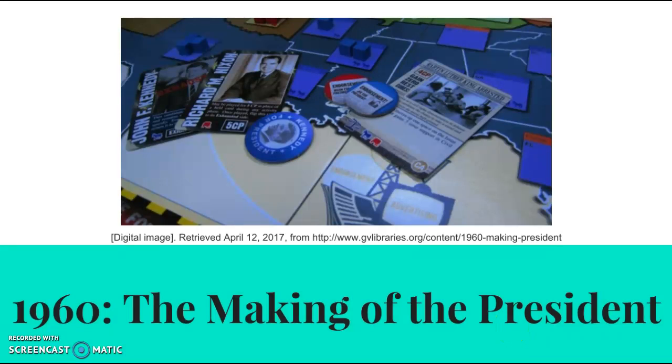Hi, today I chose to do my gaming assignment on the historical board game 1960, The Making of the President. This board game focuses on the pivotal 1960 election of John F. Kennedy and Richard Nixon. The game is set up to look like the Electoral College map as it stood in